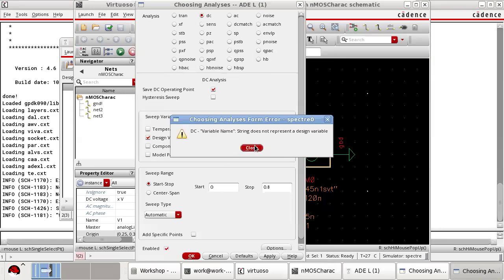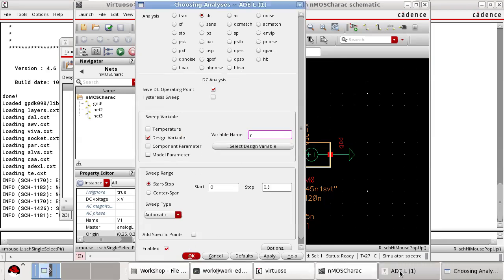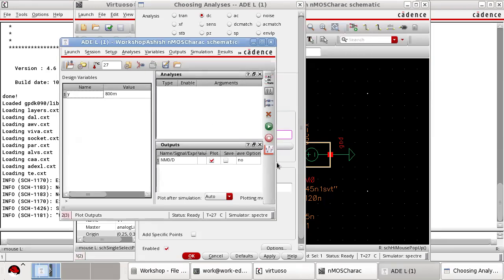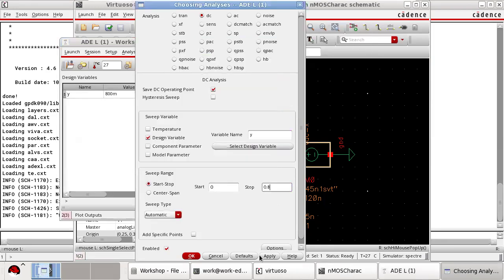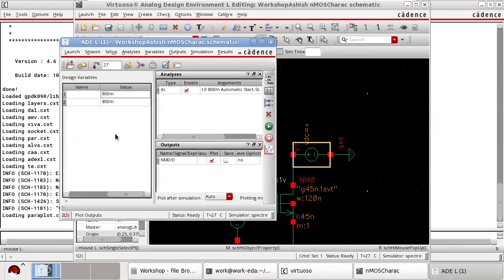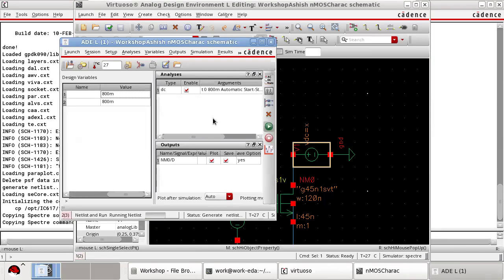Apply. Okay. This does not represent. You select over here. Name Y. Value 0.8. Apply. Now it will take a while. This is a DC analysis. Now you will use the value of X. This. Now when you plot this,